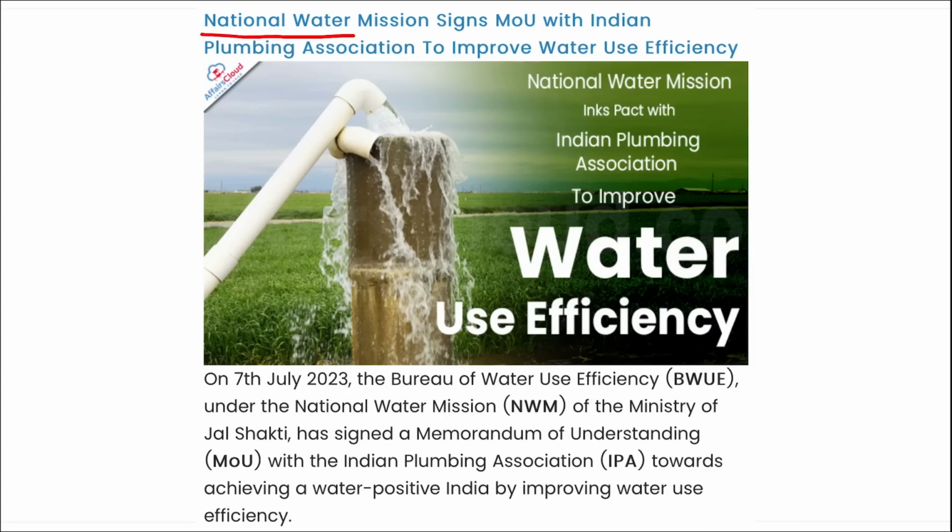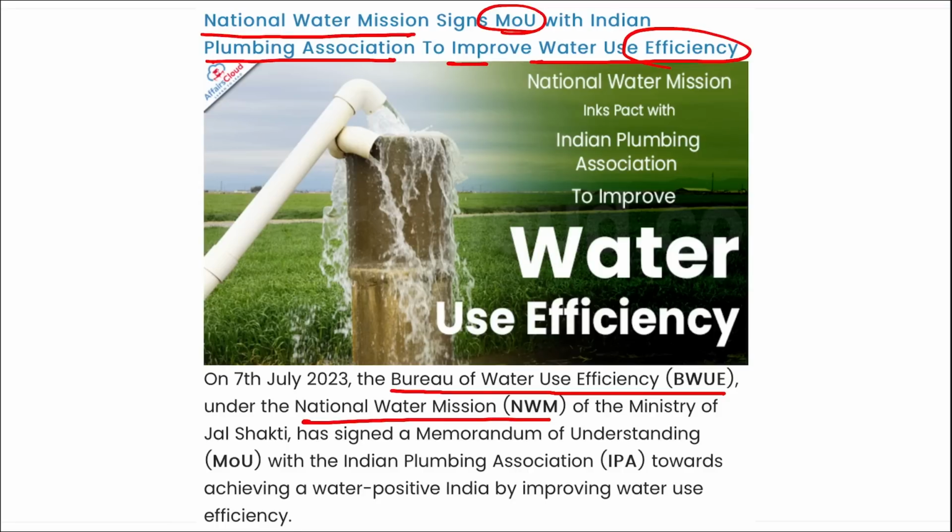Next is National Water Mission signed an MOU with Indian Plumbing Association to improve the water use efficiency. So remember, recently the Bureau of Water Use Efficiency under the National Water Mission of the Ministry of Jal Shakti signed an MOU with Indian Plumbing Association towards achieving water positive India by improving the water use efficiency. How can we improve the efficiency of water, what processes should we follow, right? A proper roadmap, a proper framework was developed in order to make sure that the water is not being wasted,